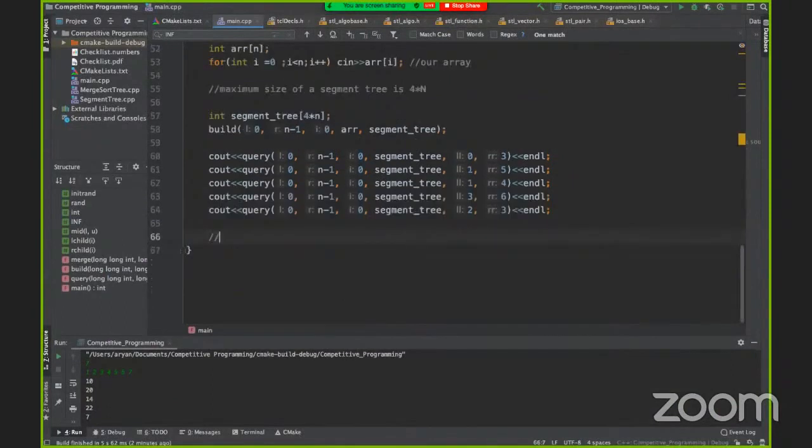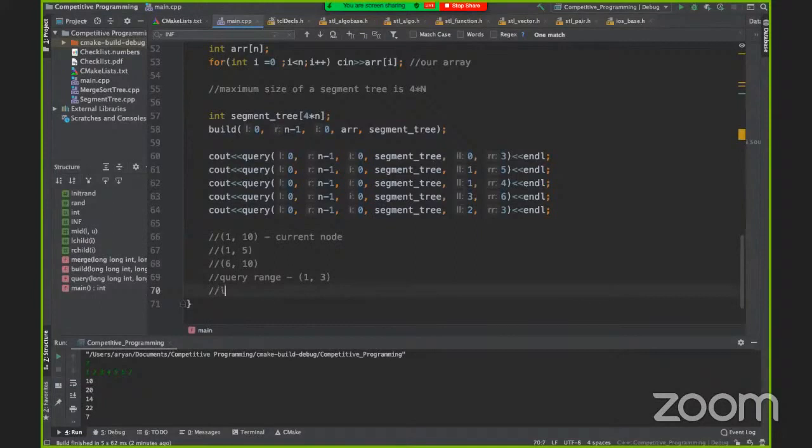Okay, so this situation is something like this. We're at a range, let's say 1 to 10. The left child stores something like 1 to 5, and the right child stores 6 to 10. Now let's say our query range is 1 to 3, and we're currently at this node.